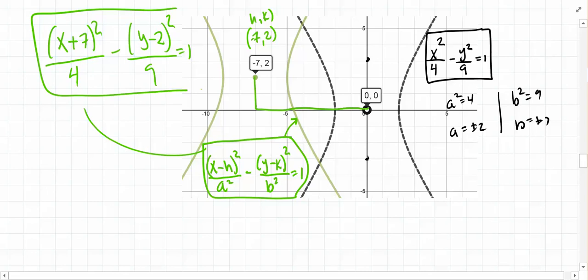So this is what I wanted you to be able to do, is find the equation of that hyperbola translated somewhere in the plane. Okay, I've got some